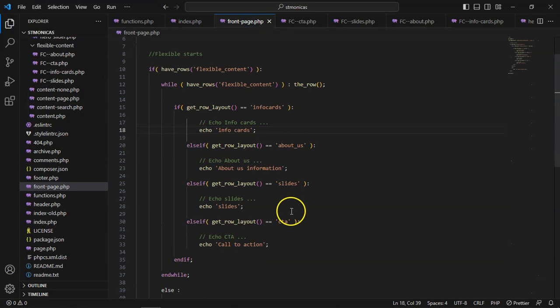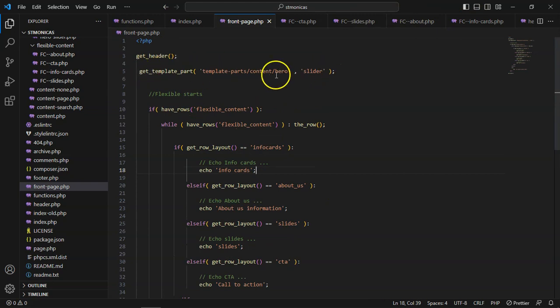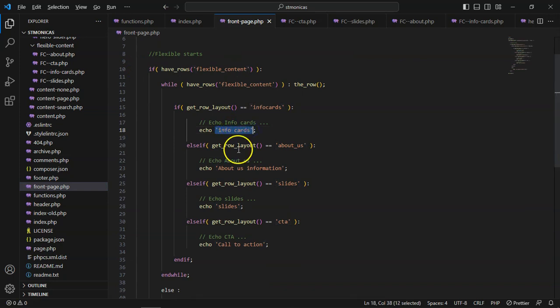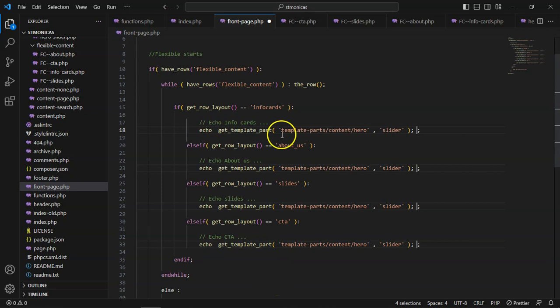So now if we go back to our front end, wherever there is this placeholder text, I'm going to call these files that I've just created using the function getTemplatePath. So let me copy this function. All right, so now I can just come here and replace this text with our function. I'll paste that. So now we have our function right here. This one for info card calls for the template path. So instead of this, we are looking for a folder called flexible. In fact, in all of them,